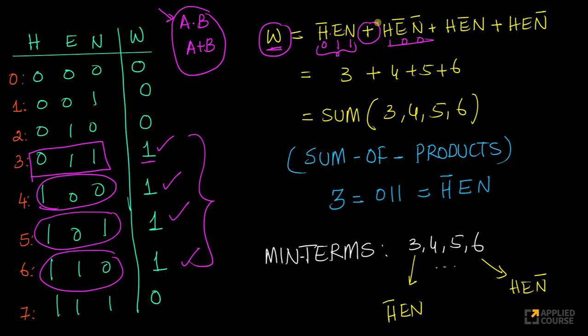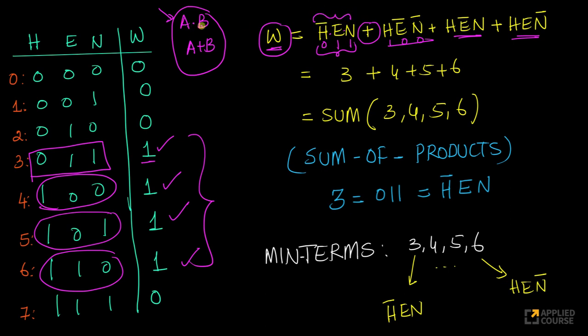Similarly, let's look at the next term here. H is 1, so I have placed H as is. E is 0, so we have placed E bar. N is 0, so we have placed N bar. Similarly, look at this. This will correspond to H, E bar, N. This will correspond to H, E, N bar. Very simple, right? So what we have represented here is, each of these you can think of it as a